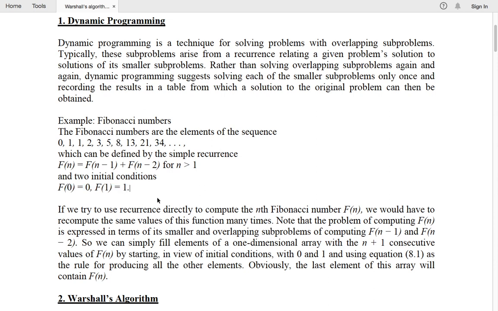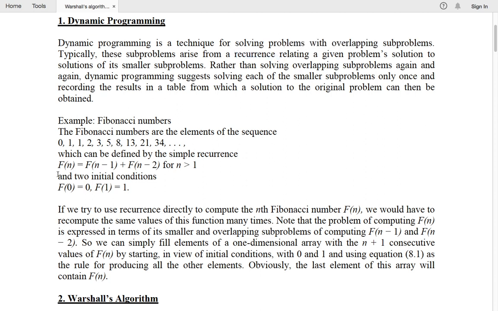Now, consider finding, let's say, the 10th Fibonacci number. It's nothing but f of 10 equal to f of 9 plus f of 8. Now, you know f of 9 can be found out by f of 7 plus f of 8. So this way, you can solve the subproblems. If you look at it here, along with the problem being divided into subproblems, they are also overlapping subproblems. So for F9 you would require F7 and F8. That way these subproblems can be solved using recurrence.